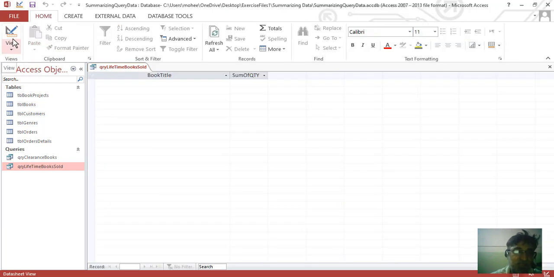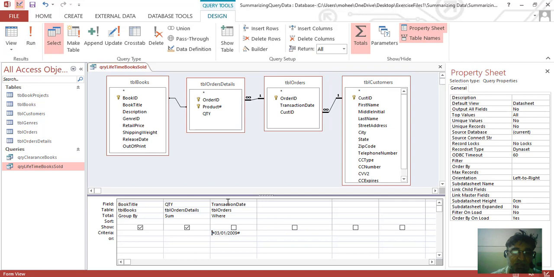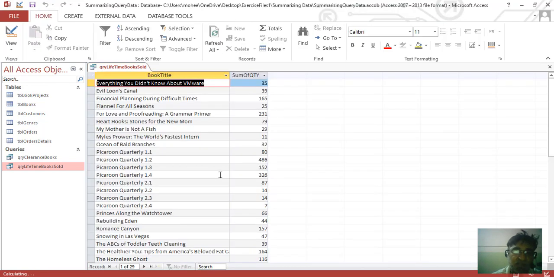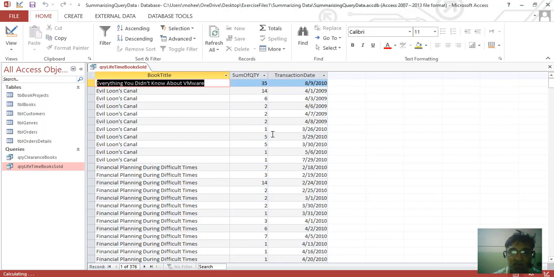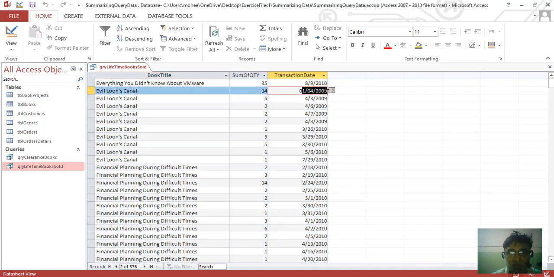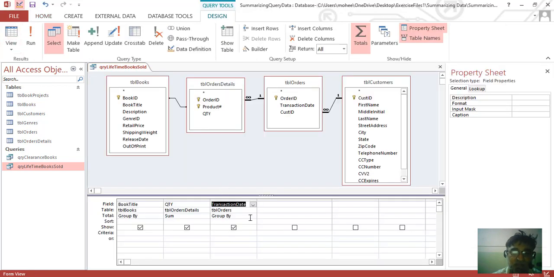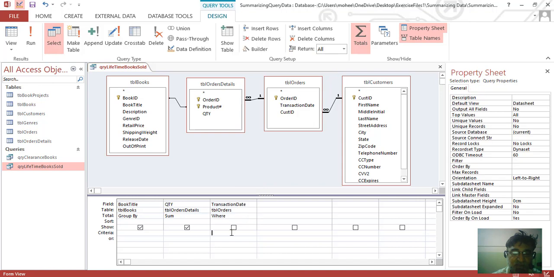Let's move back to the design view and remove this field in order to see which date exists. Let's insert the date field, run the query. So we can see that date exists. I'm going to copy this date, select the where clause, and now I'm inserting my date.